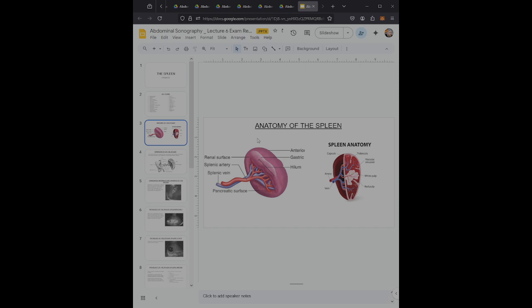But once again, the gastrosplenic ligament attaches the spleen to the stomach. The spleen has a concave inferior surface and a convex superior surface, and we consider it the largest lymphatic organ of the body. The spleen begins development around the 5th week of gestation, and in the fetus it is responsible